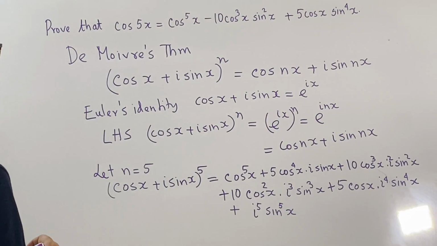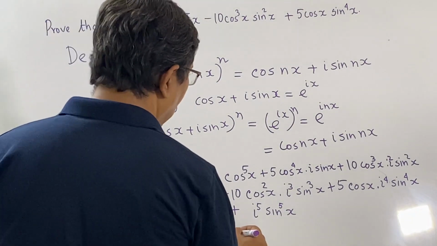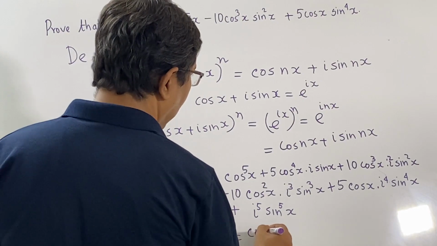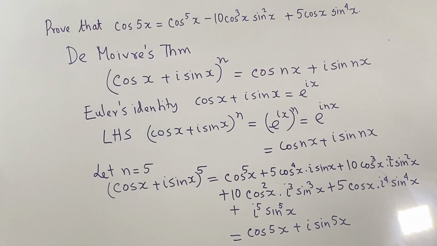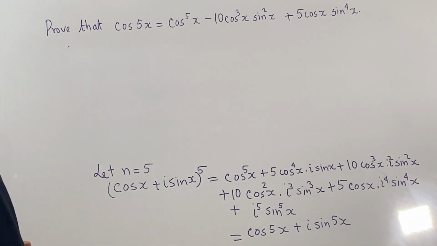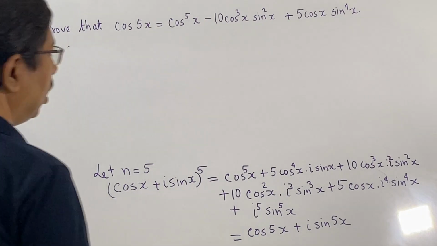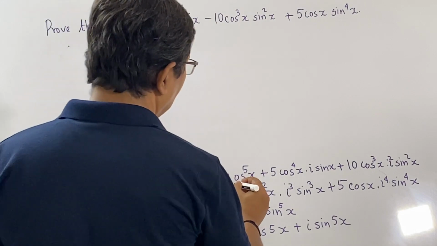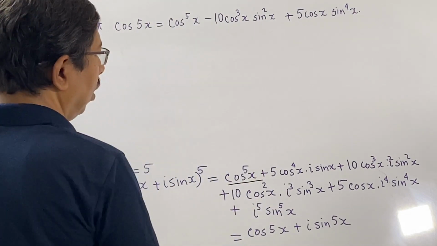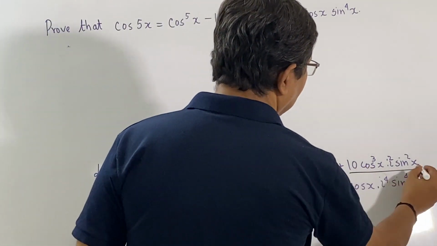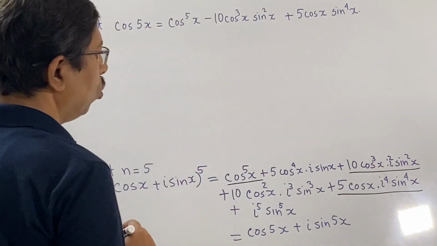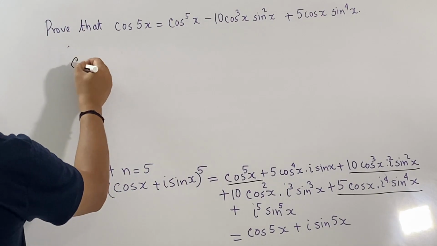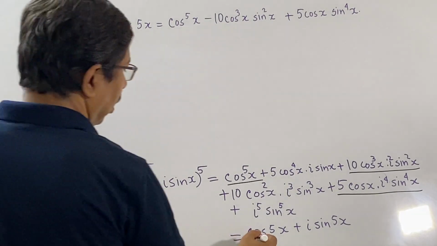And by De Moivre's theorem, we know that this is equal to cos 5x plus i sin 5x, and we will use this fact. Now we equate the real parts. So we identify the real terms. So this term is real, it's underlined here. This term is real, and this term is also real. So cos 5x, which is the real term in this equation,